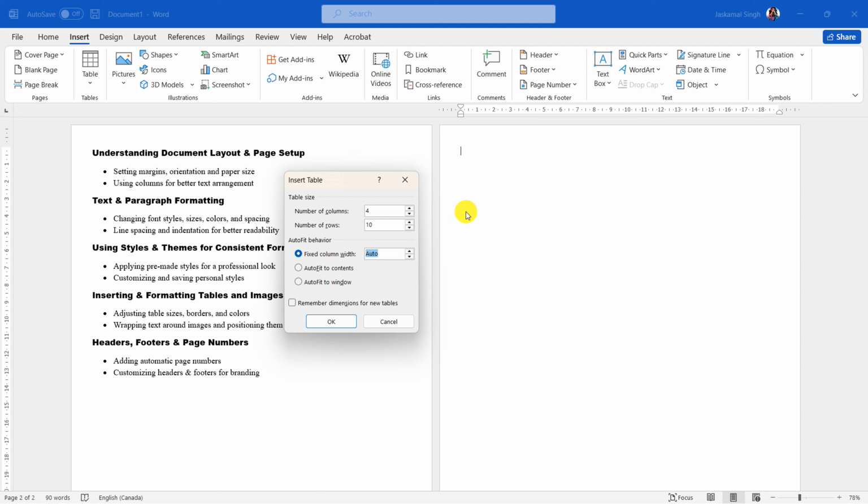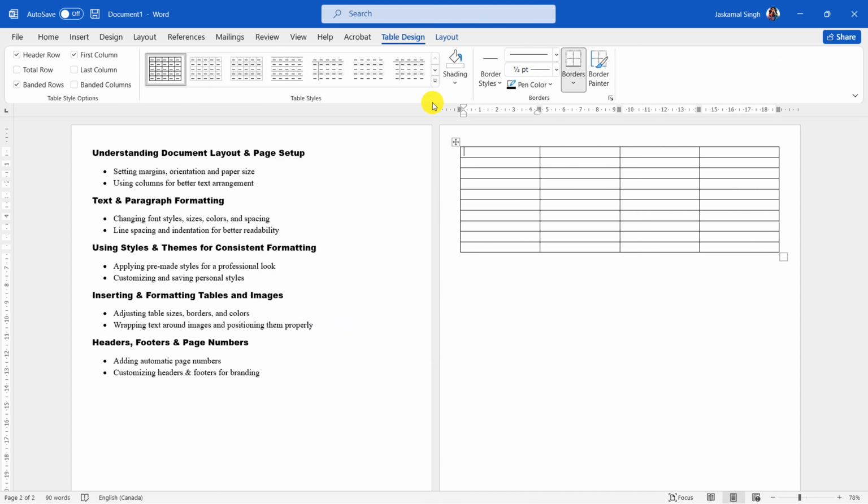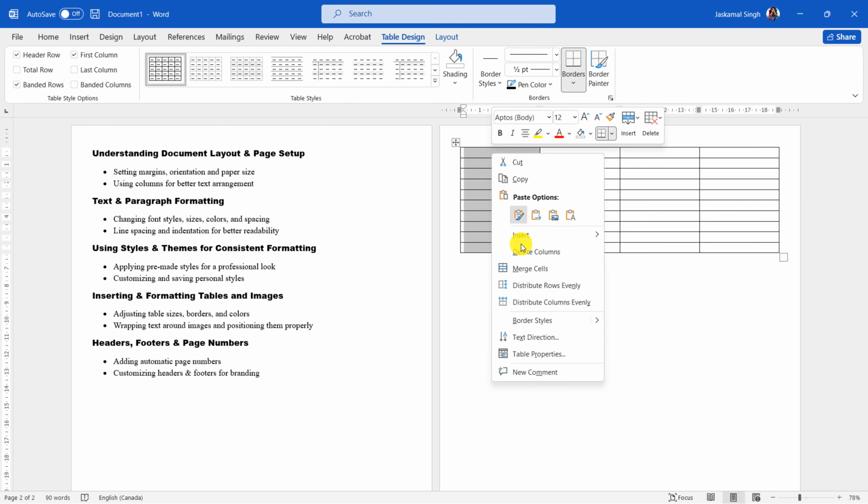Auto is actually based on the margins. If the margins are very narrow, the width of the column will be adjusted automatically. If the margins are very wide, the column width will be smaller and adjusted automatically, but you can always have your own option to choose how much width of the column you prefer. Let's say 5 centimeter, right? So if I click OK, I have 4 columns of 10 rows, and each of these columns has a specific column width